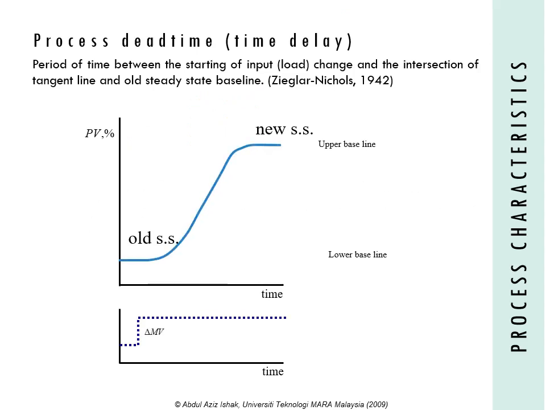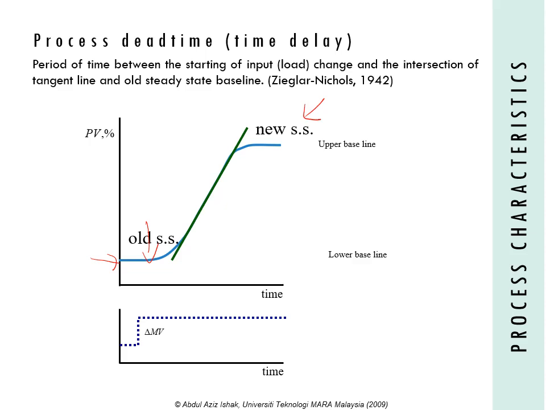By definition, process dead time or time delay is the period of time between the starting of the input load change and the intersection of the tangent line and the old steady state baseline. So this is your process response curve, and you get the old steady state baseline, also known as the lower baseline. This is your old steady state, and then this is your new steady state where the process response starts to